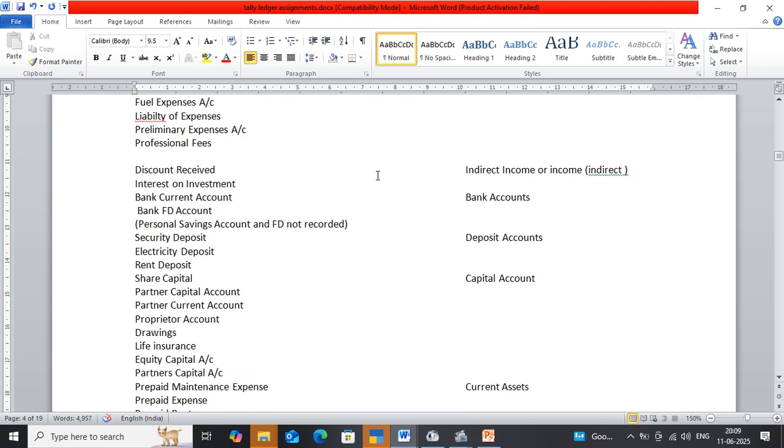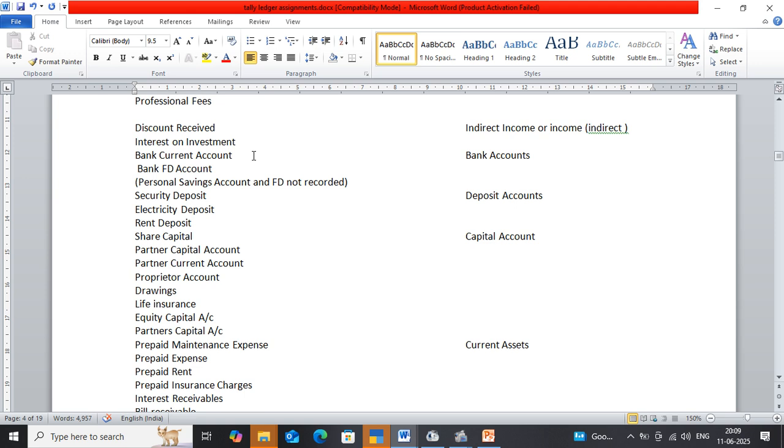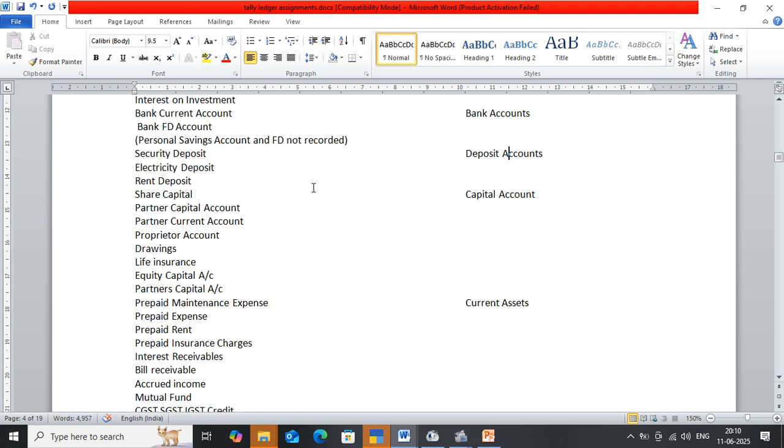discount received. It comes under the indirect income. Interest on investment, bank current account come under the bank account; bank FD comes under the bank account; personal savings account and FD not recorded. Security deposit comes under the deposit account, electricity deposit account, rent deposit comes under the deposit accounts,